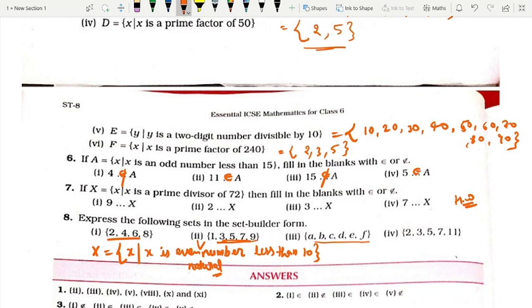And now the fourth question, you can write down the answer. X is a prime number. X says that x is a prime number less than 12. Okay, so you will complete till here.